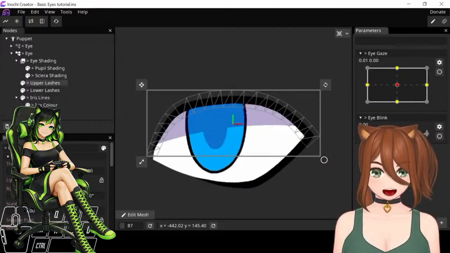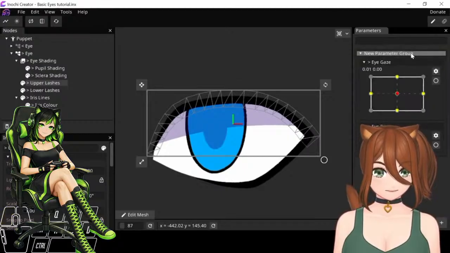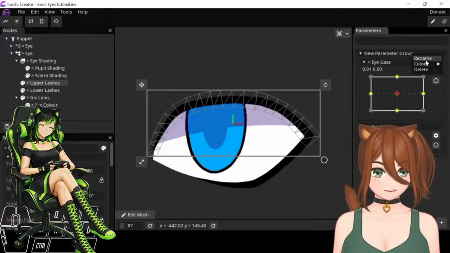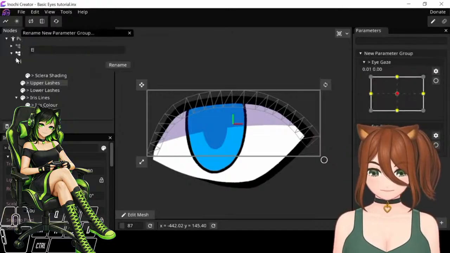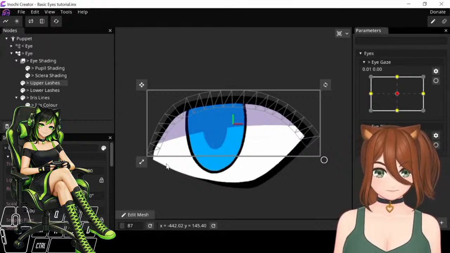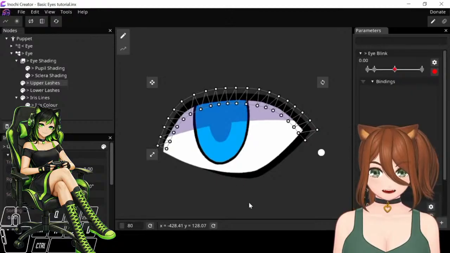Now that I have two parameters and they're both related to the eyes, I might want to group these together, and I can do that by clicking and dragging, and that gives me a new parameter group. Right click it. You can also assign it a color, but I won't bother with that. Eyes group. If I arm the blink parameter,